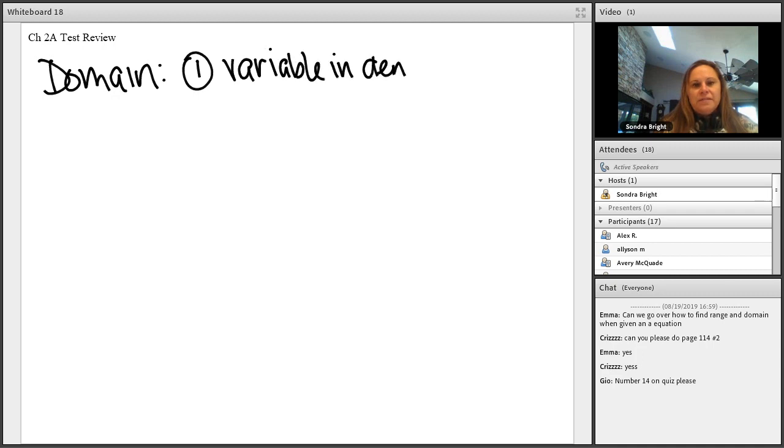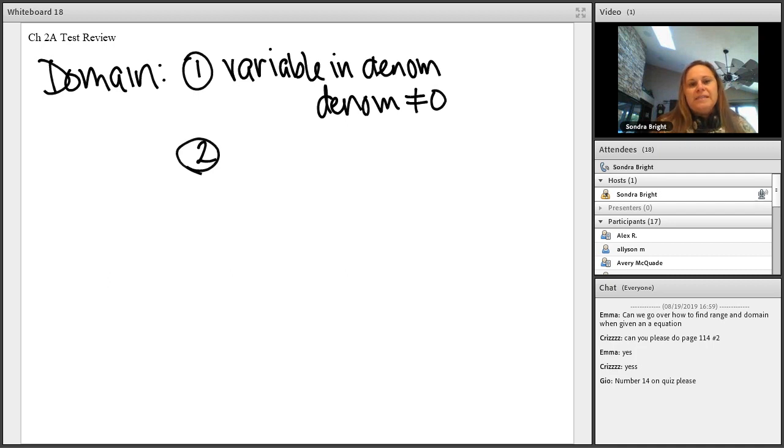And if there is, then you need to set the denominator, you can't divide by 0. So if you've got a variable in the denominator, then you need to set the denominator equal to 0 and then solve for x. The other thing you need to look for is there a variable under